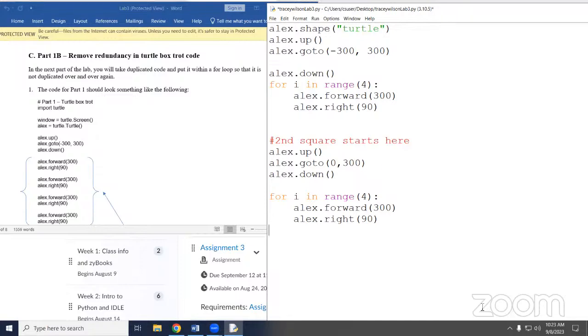All right, so loops are your friend. If you've got to do something a lot and repeated, you want a loop. So let's talk about this loop a little bit. We're using the keyword for. I is just a variable I created. Remember, I like to use I because I'm old and it stands for index.